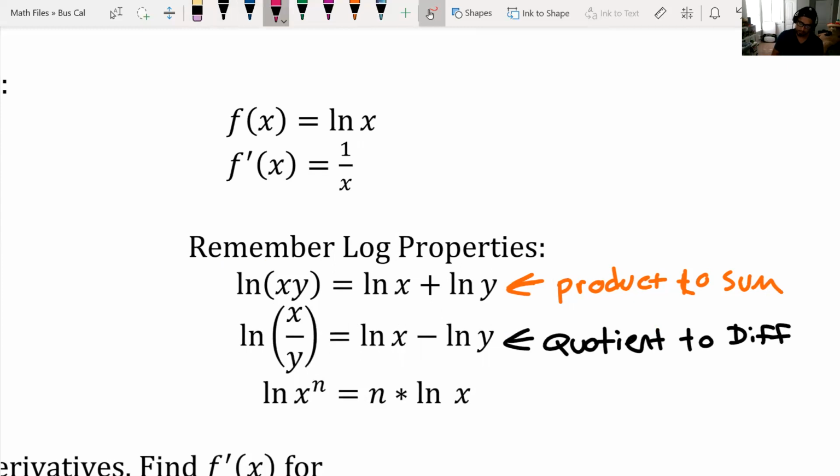And then last is just the power rule for logs. Now, do not get this confused with the derivative. A bunch of students get it confused with the derivative because it has a similar method, right? Remember with the derivative, the power comes down to the front, but with the derivative, you have to take one away. With log properties, this n comes to the front and rewrites it as n times the natural log of